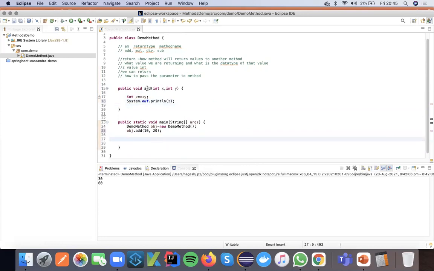Now I wanted to call this add method, and what is the parameter which is required here? We need the x value and y value, and we will try to see whether I am able to send these values or not. Here I have defined x as 10 and y as 20, and I wanted to send these values to this method add.